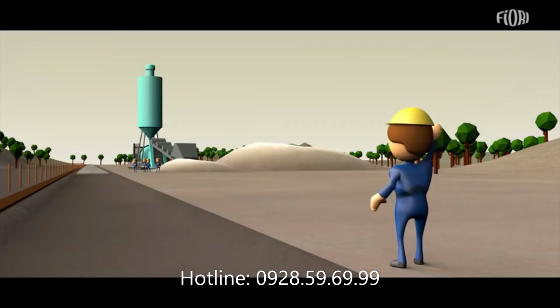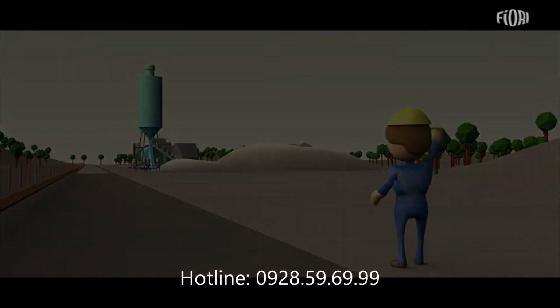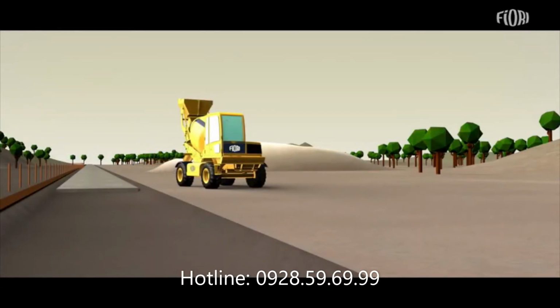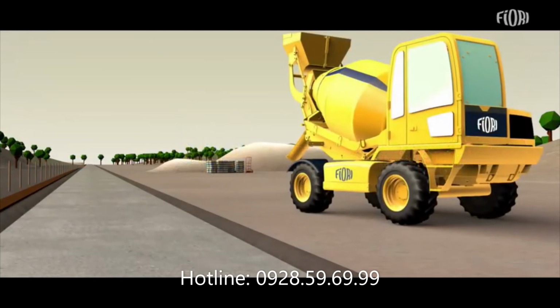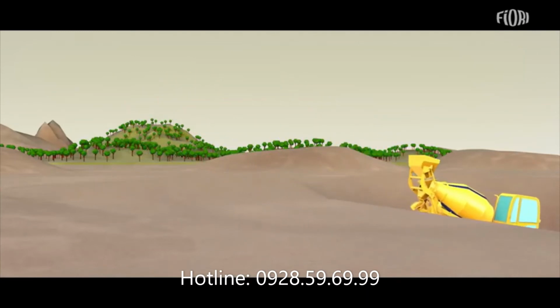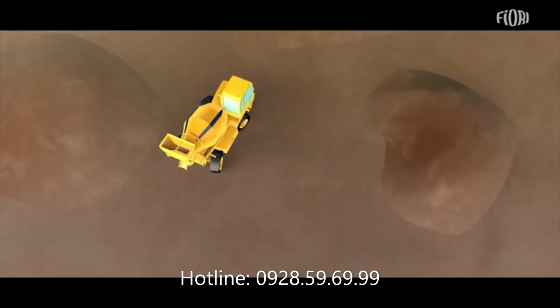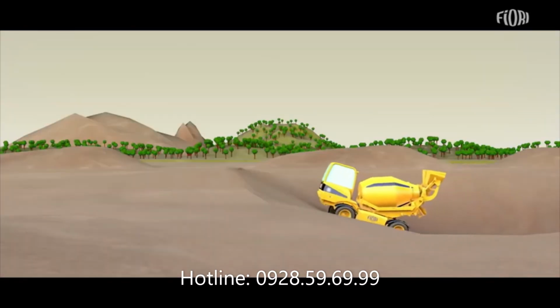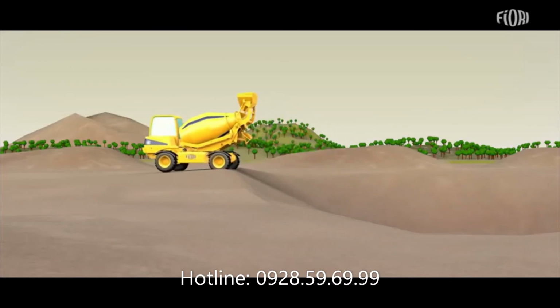Mobility. When you rely on an on-site plant, pouring concrete on the go becomes problematic. The Fiori solution, on the other hand, makes it possible to realize projects that develop over great distances, producing concrete and advancing with the building site. The off-road characteristics of the Fiori vehicles make it possible for them to reach the position where the concrete is needed directly, reducing the need to use pumps and/or auxiliary devices.